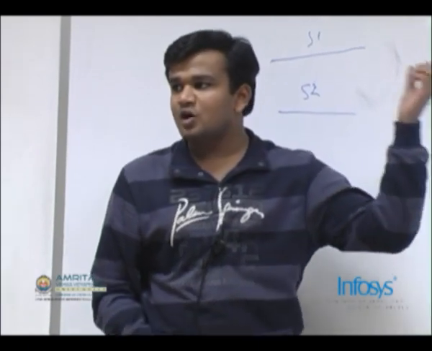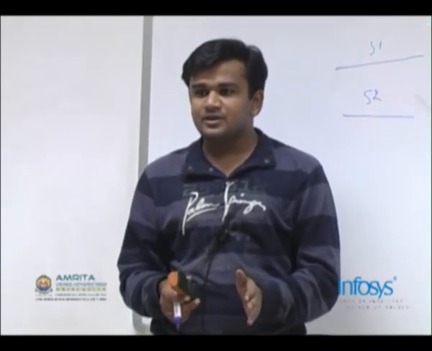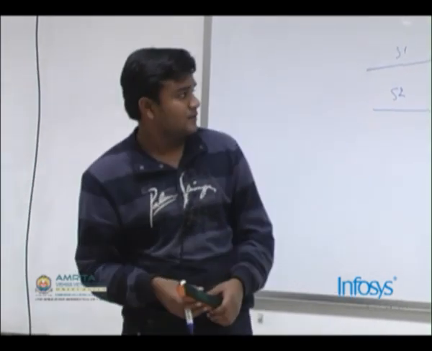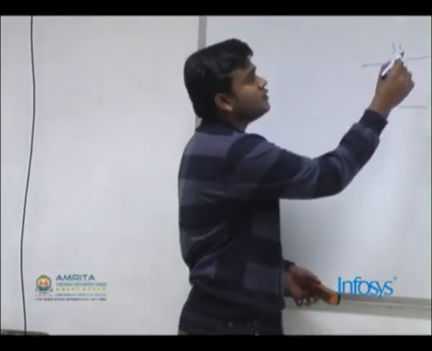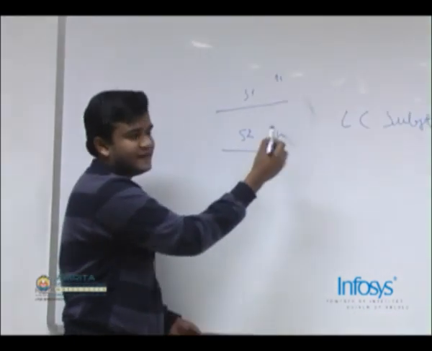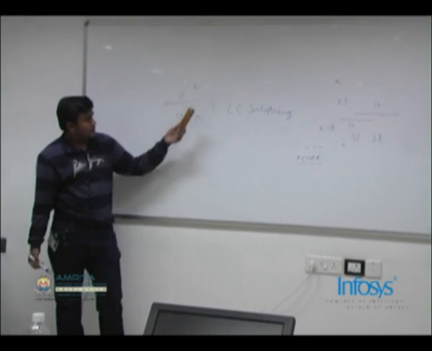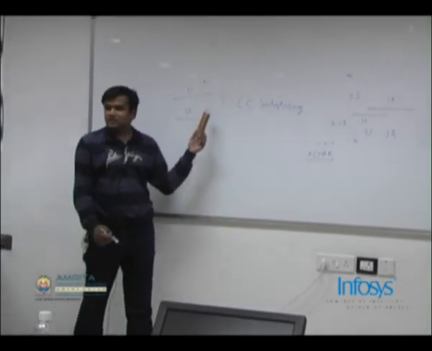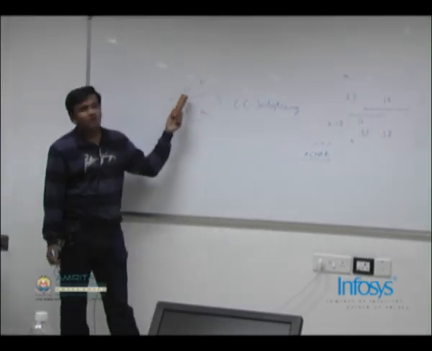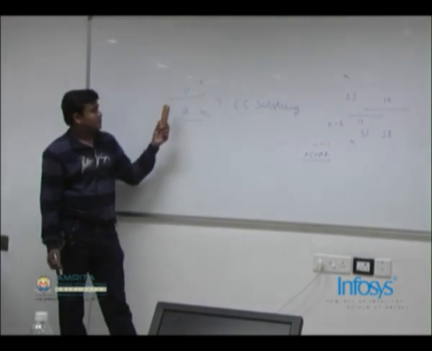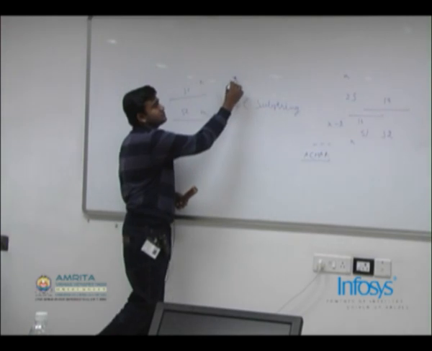Here we are looking for common patterns which are contiguous and not subsequence, right? So if the length of this string is n, let's say this string length is also n, a trivial solution would be to take all substrings and try to find them in this string. So I have got n square substrings,